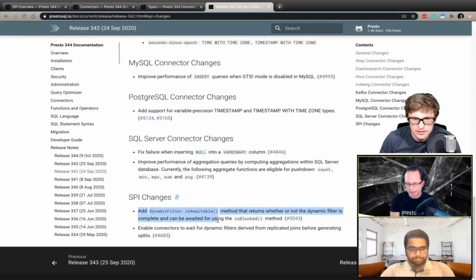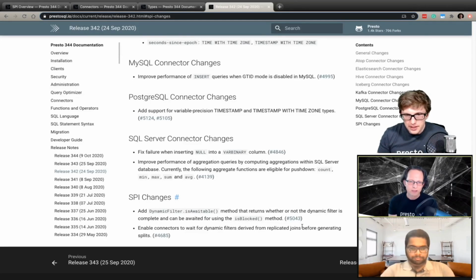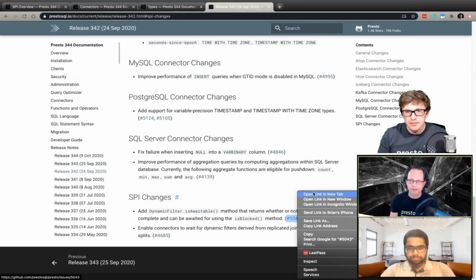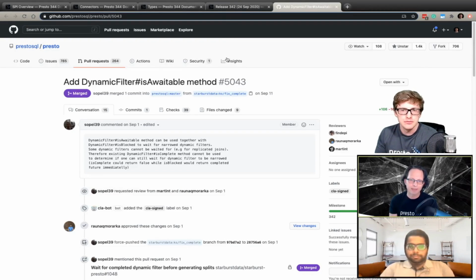So it's important that whatever plugin you write or whatever data type you write it against the same thing. So in this release note, for example, that we see here, I think 342 or whatever it was, there was a change that added a signature method for dynamic filtering. So now any connector that has potentially some sort of functionality towards dynamic filtering can now implement that, and it automatically takes care of that dynamic filtering